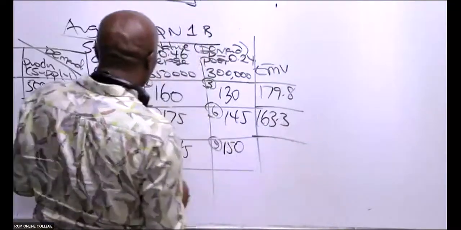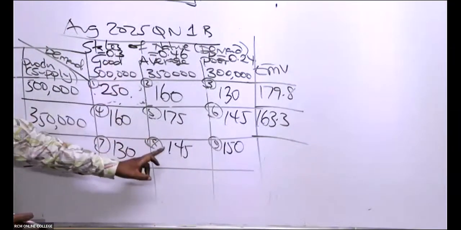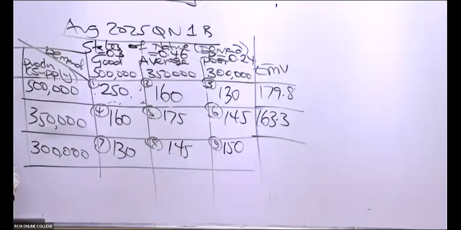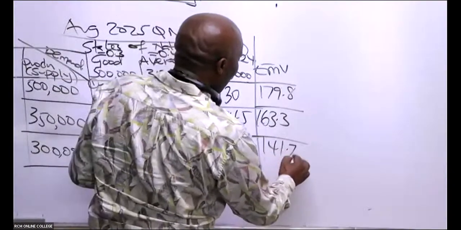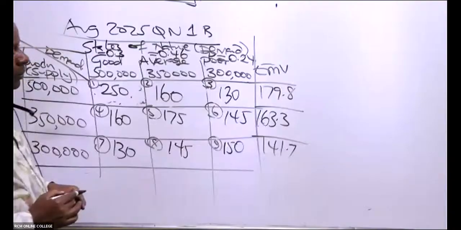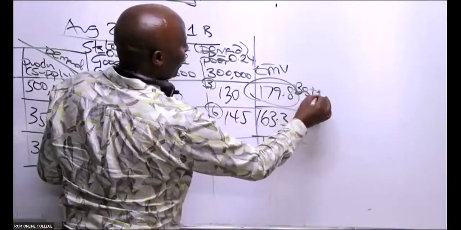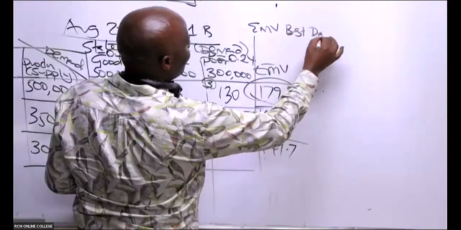163.3. From there, we come to this other option here. 130 times 0.3 plus 145 times 0.46 plus 150 times 0.24. 141.7. So which one is the very highest? Yeah, so this is the best EMV. So then the EMV best decision,